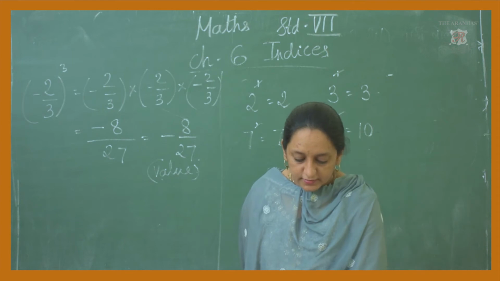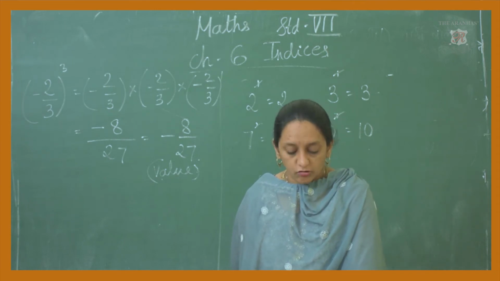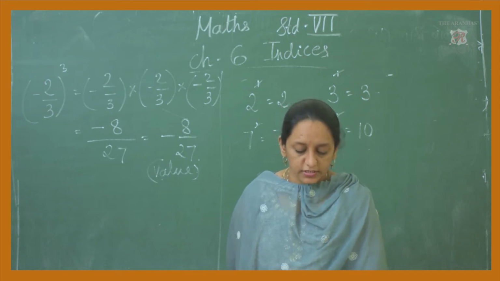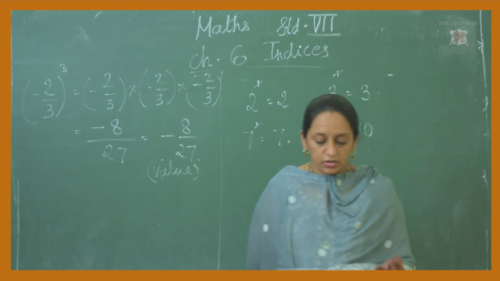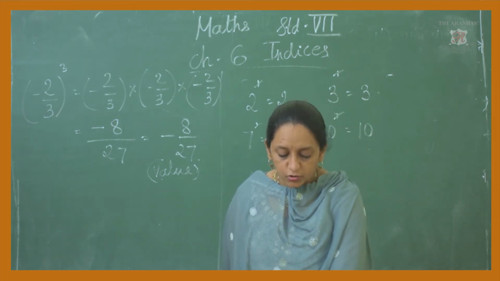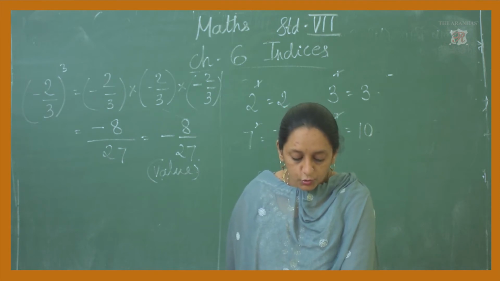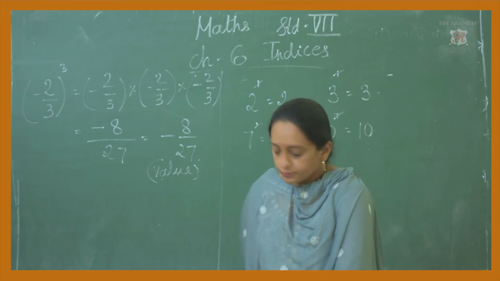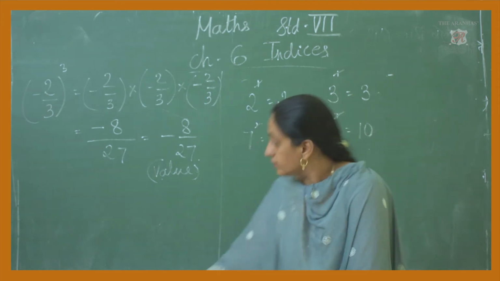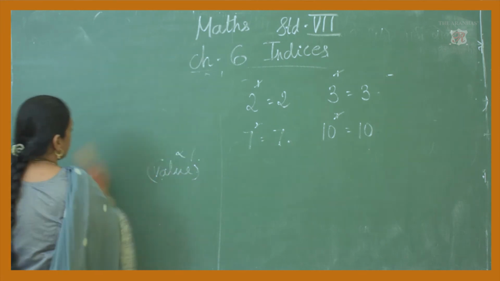Practice set 26. They have given a box and you have to solve that practice set in the textbook itself. Write in small letters so that everything fits there in the textbook and you complete it. See, they have explained the first column for you. 3 raised to 4, you have to write. We'll see how they have done. We'll see one or two examples so that it will be clear for you.